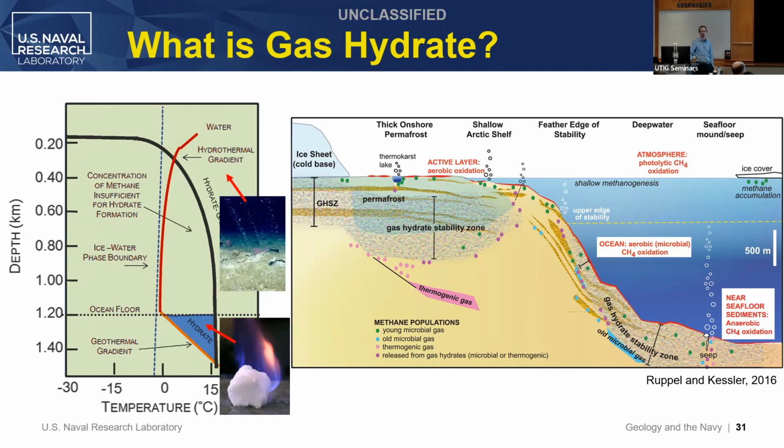So gas hydrate is this ice-like solid that forms from methane gas and water under these specific pressure and temperature conditions. So as an example here, if you enter the seafloor, which happens at about 1.2 kilometers, you can form this ice-like solid called gas hydrate. It's technically possible to have gas hydrate in the water column, but typically you don't form gas hydrate there because the saturation of methane is so low. And of course, outside of this stability regime, your gas is stable, right? So that's where you get your